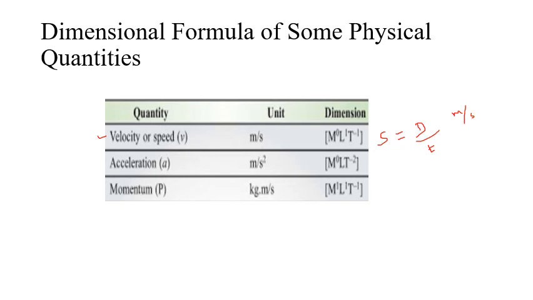Convert the formula of the derived physical quantity into fundamental quantities, and then write the corresponding symbols for the fundamental quantities. For example, mass means capital M within the square bracket, length means capital L within the square bracket, and time means capital T within the square bracket. We have 7 basic units, right? As I told you before, you have to write within the square brackets.